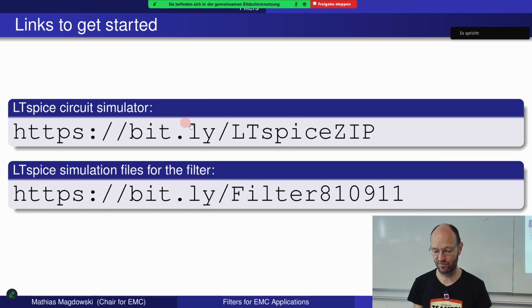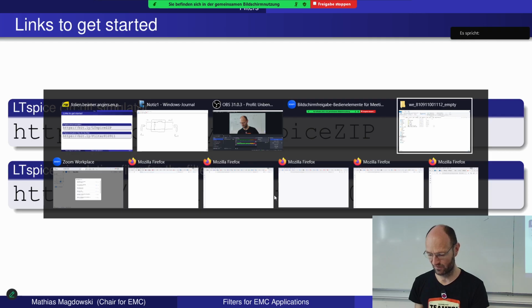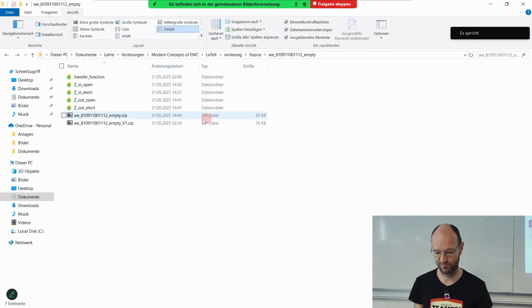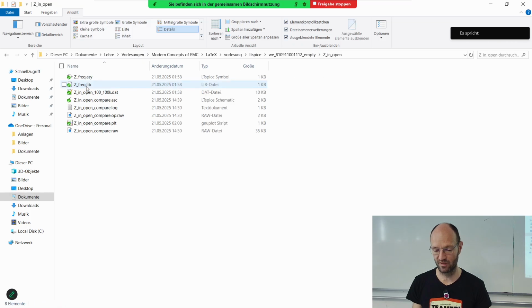LTspice simulation files. So the first link is not really relevant if you already have LTspice, and the second link, there you can download the zip file, and once you open up the zip file it should look like this. There are 4 folders, one for the transfer function and one for each of these impedance measurements. And if we open up the first one and open up this one here for comparison,